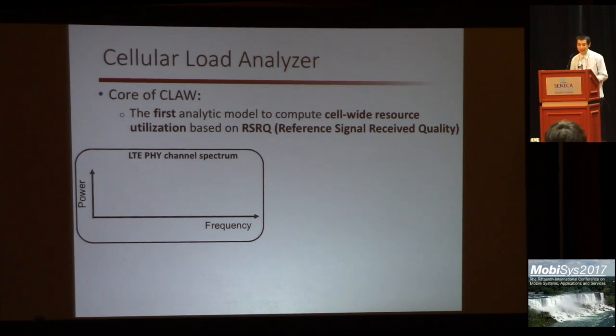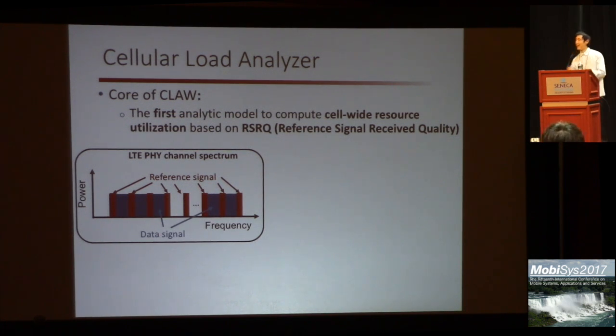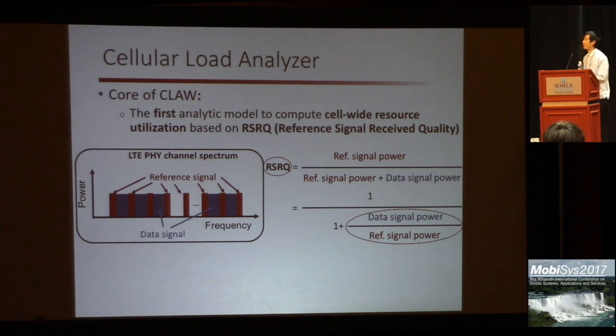If we look at the physical channel spectrum of LTE, we can see the base station keeps sending the reference signal. Meanwhile, it allocates the spectrum to data transmission based on the traffic load. And the RSRQ is defined as the power of the reference signal divided by the total power, or the sum of the reference signal power and the data signal power. If we compare the RSRQ value, then we will know the ratio between the data signal power and the reference signal power,